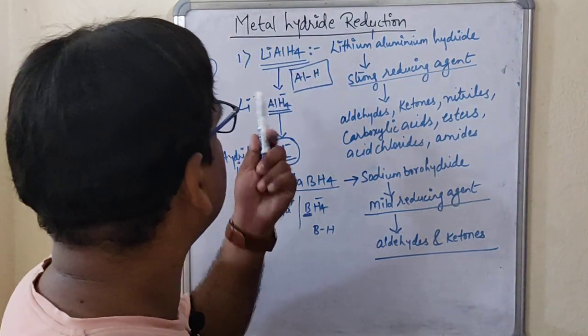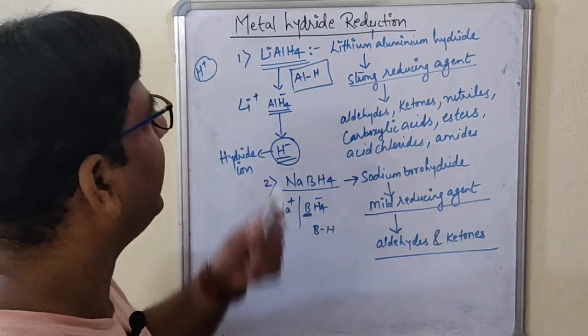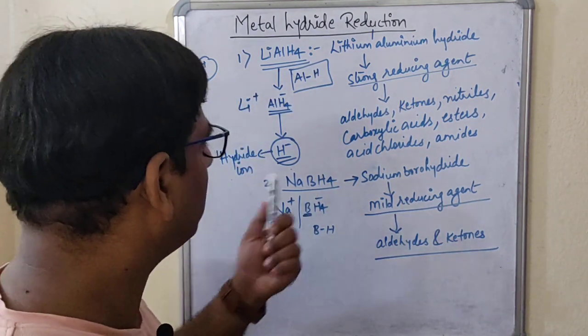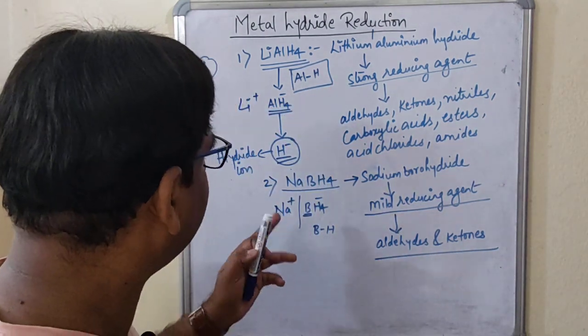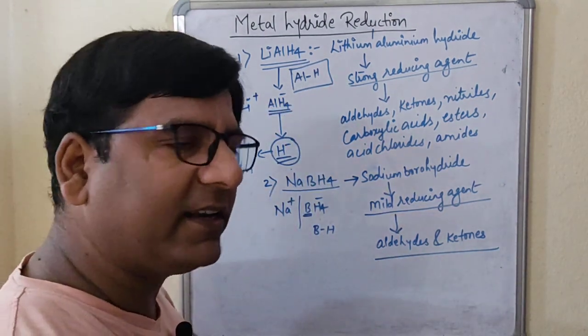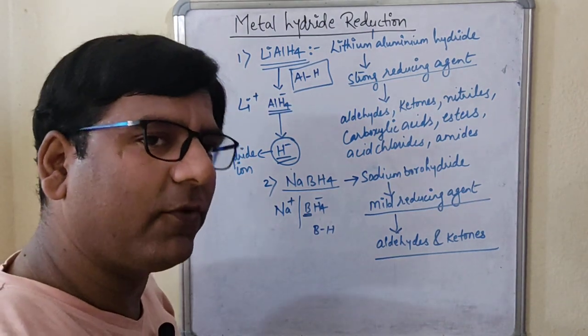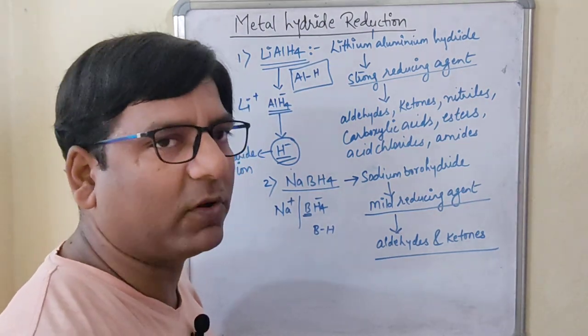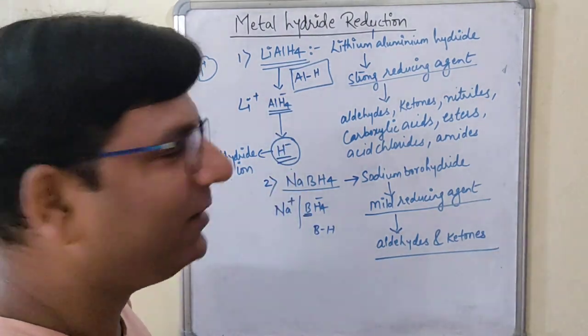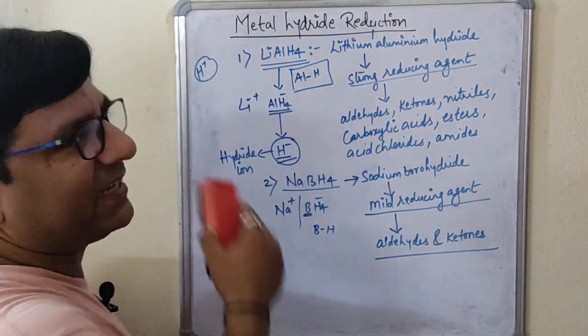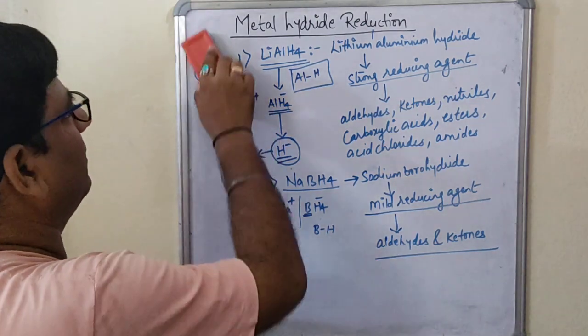Now we are familiar with LiAlH4. We know about sodium borohydride as well. We have the general introduction of LiAlH4 and NaBH4. Now let us see the reaction, and then we will see the mechanism of it. Hope you have noted it down as well. You can take the screenshot also, students.